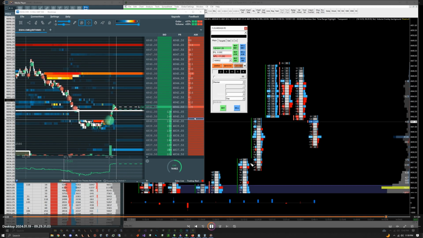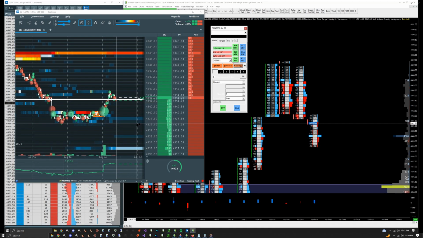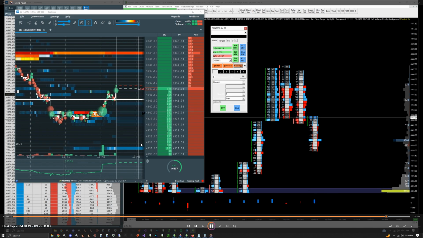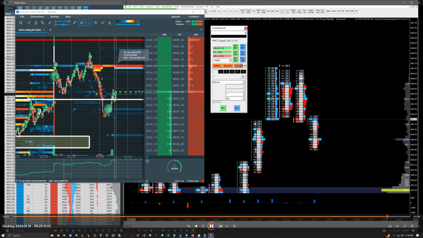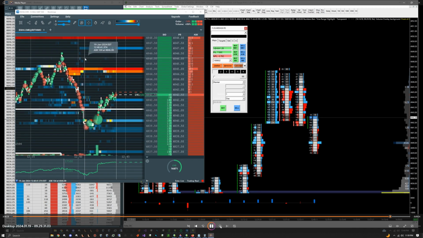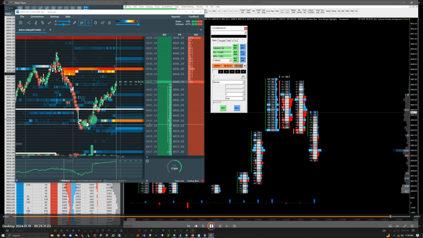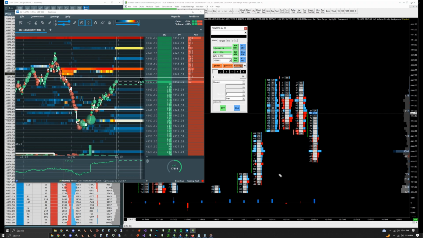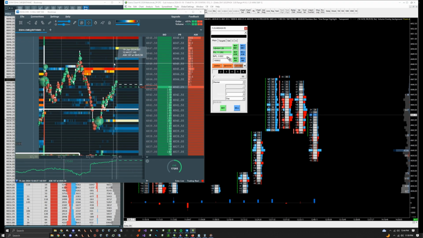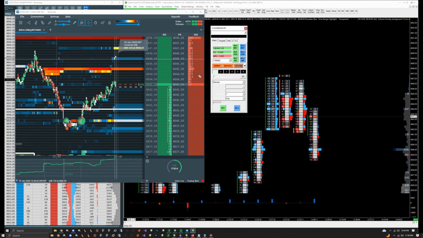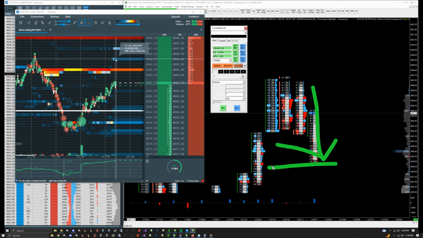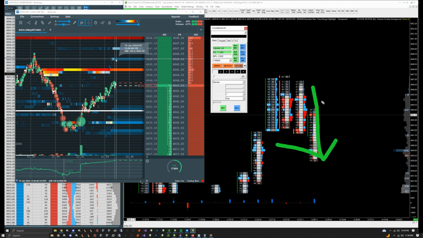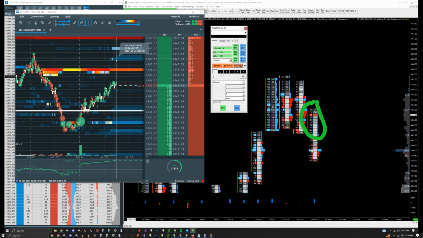But the thing that messed me up, and it's a lesson learned, is you're going to start to see low volume. We start working our way up. I'm up. We start seeing, look at all this low volume. Look at the little dots. Not many participants are getting involved in this. So I was starting to get sketched out. I was up a few points, about 2 points, but I didn't know if I liked that. I didn't want to get swept by the algorithm and then it hits my stop and then it climbs up. So I was getting sketched out with this, and I'm not going to lie, I regret it now,